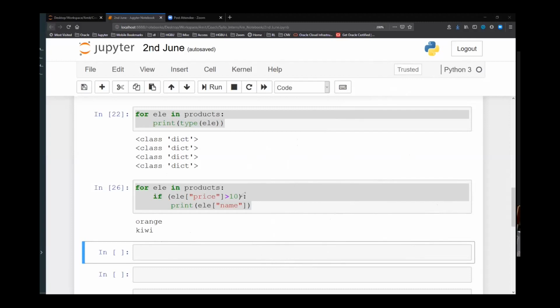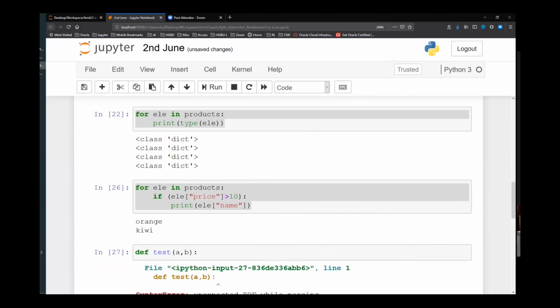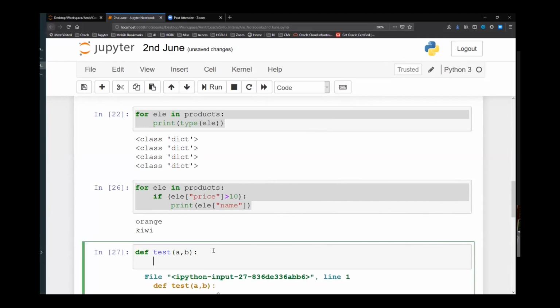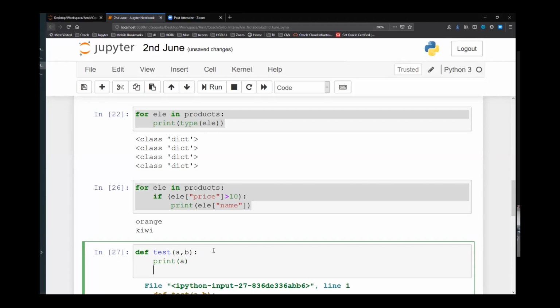That is called your default parameter. So let me just write one simple code. def test a comma b. And then what I will do is print a and print b.